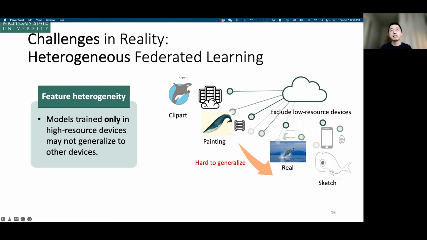Some devices may collect clip art. Some devices may collect paintings, real images, or sketches. Different devices collect very different data. When you only train a model on a few devices, it's not likely that the model will generalize to other devices. This challenge is called feature heterogeneity, because when different data have different images, they have different features, and they have to be carefully handled by the model.